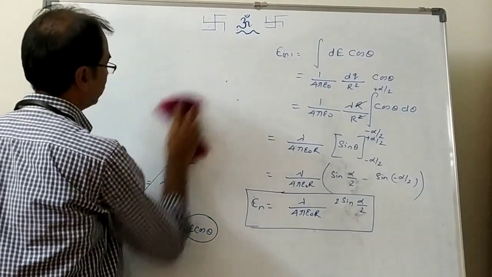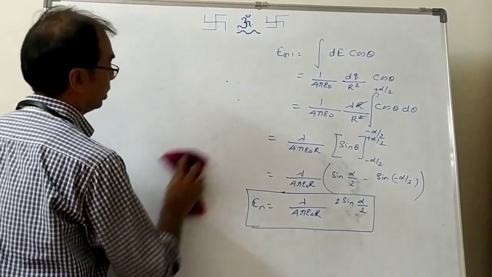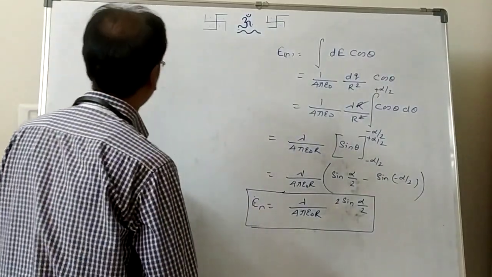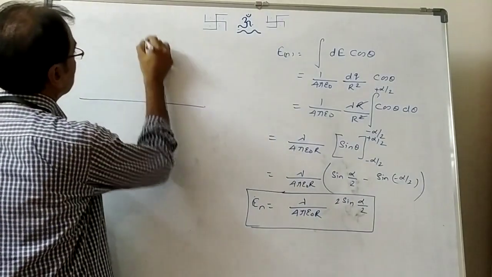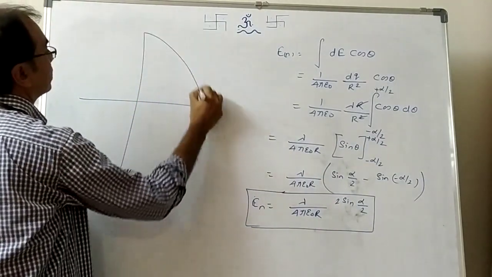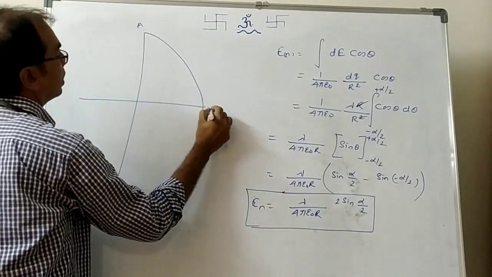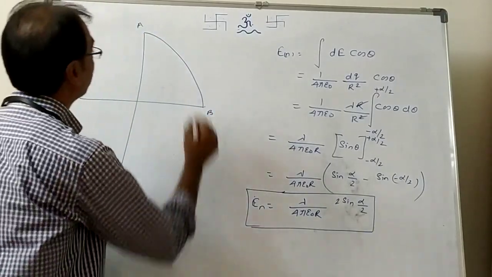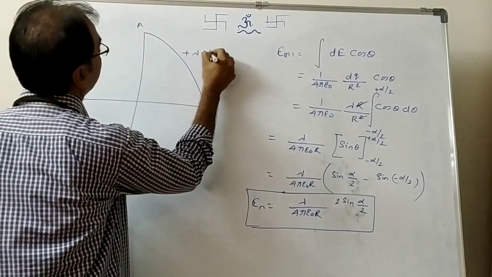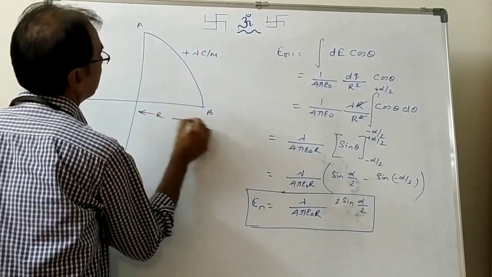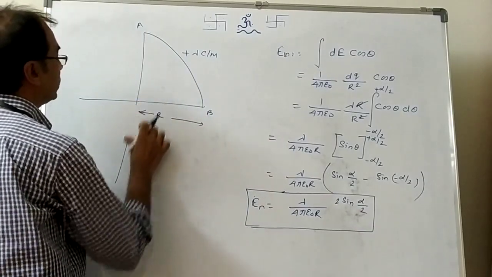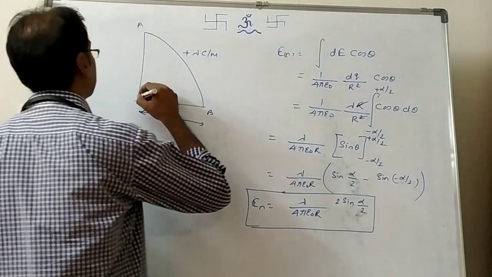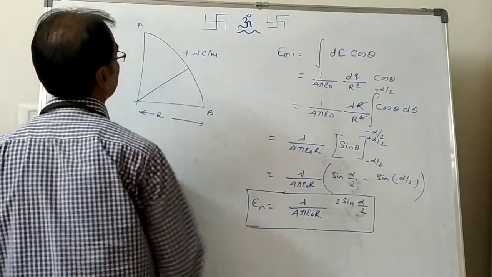Let's see another one. Suppose the question is given regarding a quarter of a circle ring. Okay, so see how we are going to do it. Suppose the ring is like this. Okay, this is A, this is B. So the first question is direction. If I say this is plus lambda coulomb per meter and this is the radius, then the direction due to this one will be in which direction? Net electric field will be where? Make a bisector. Suppose this is a bisector.